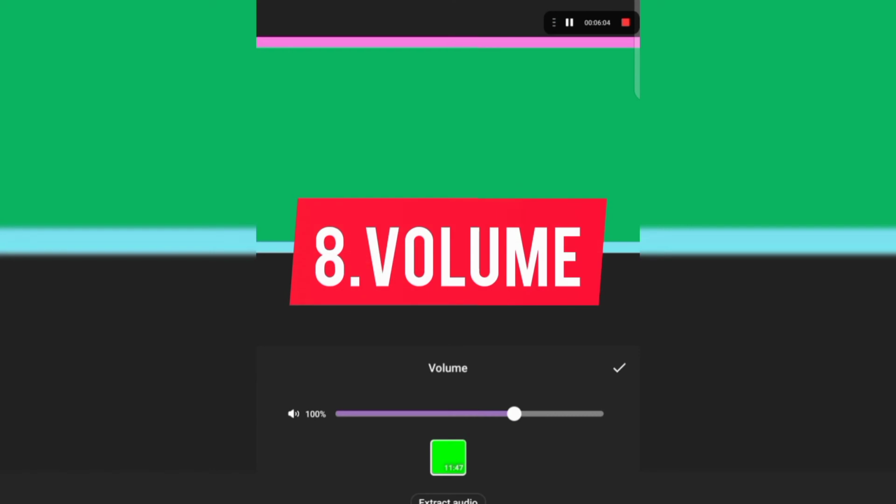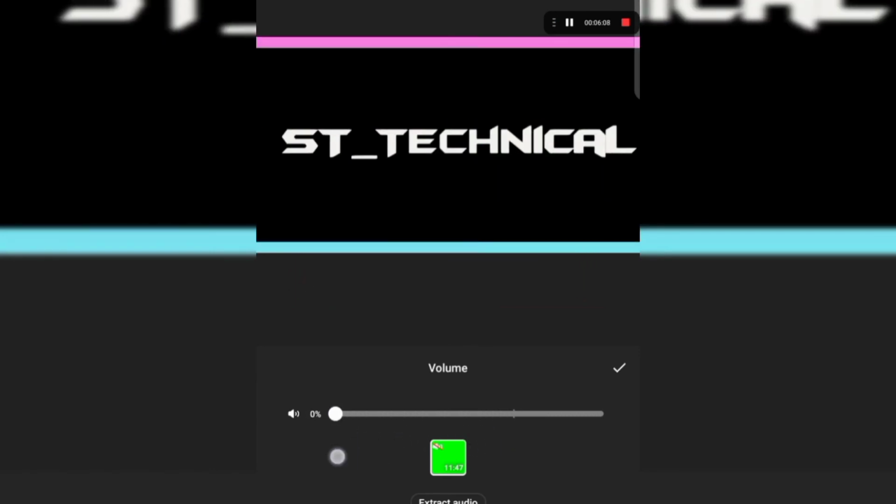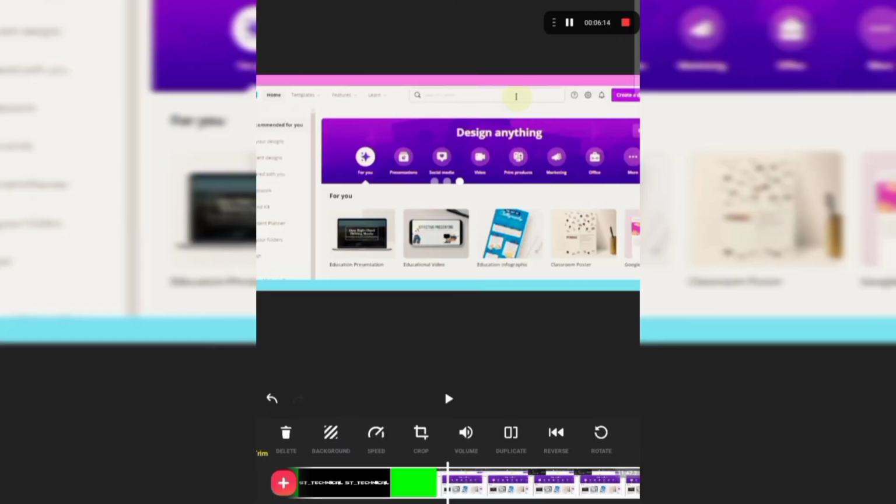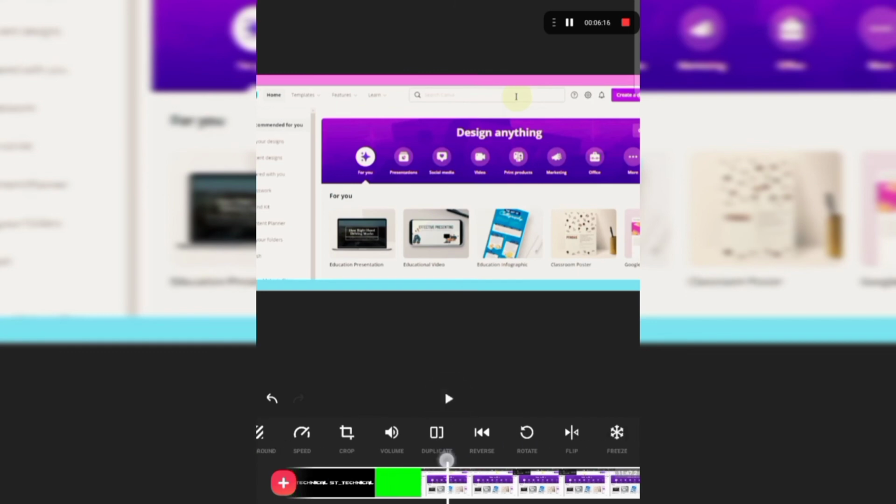so the next option is volume. So you can adjust the video's volume, and you can see the sample above, sample on the display. You can see it. Let it be 30% sound. Alright, so next is,